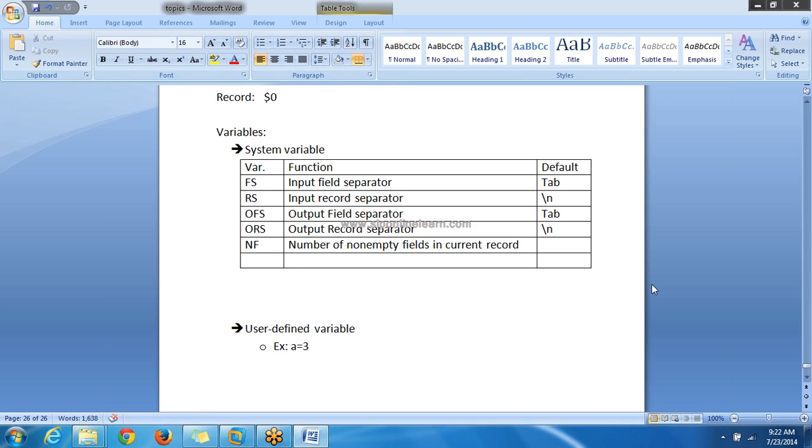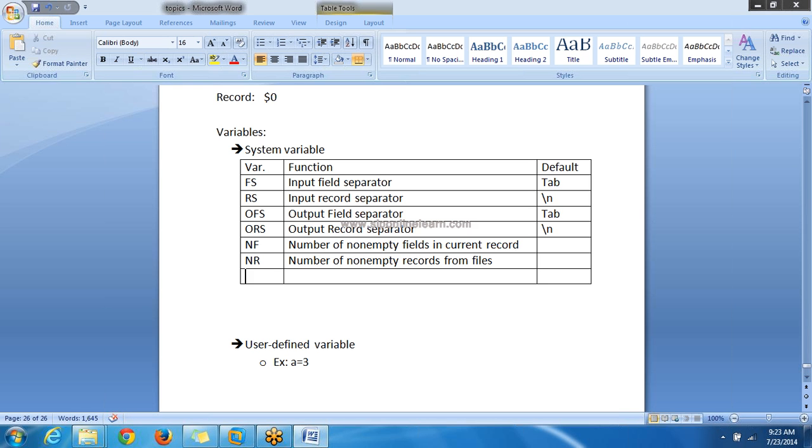In the same way, NR, number of records read from files. We'll see all these one by one.